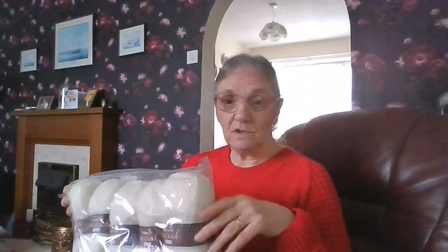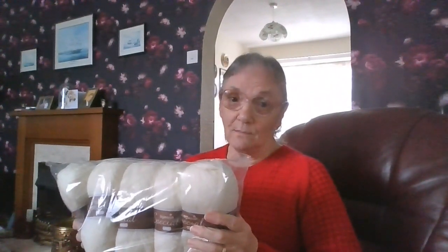Janet had mentioned that she liked the multicoloured ones that I was doing in the baby ones, but that was in double knitting and I couldn't get it in Aran. And the only one they did have was the King Cole. Now these ones were £1.99 a ball. The King Cole ones were about £4.70 something just for the double knitting, and any you could get in Aran was the same price. So I don't like people having to pay that much. If they want anything knitted with wool that costs that much, I'd suggest to buy the wool and do them themselves, because that would make it